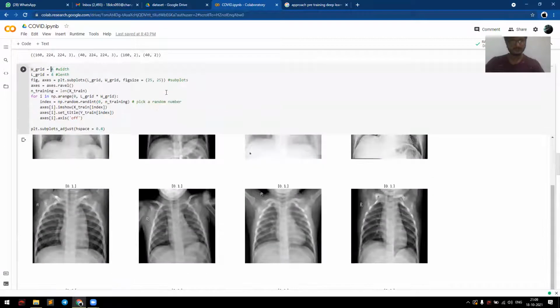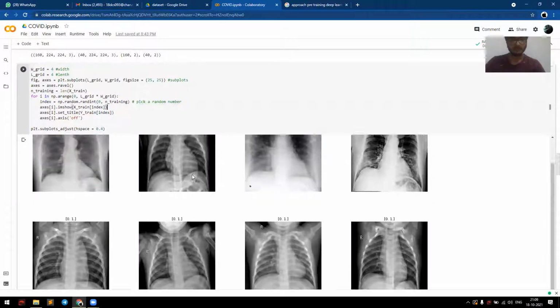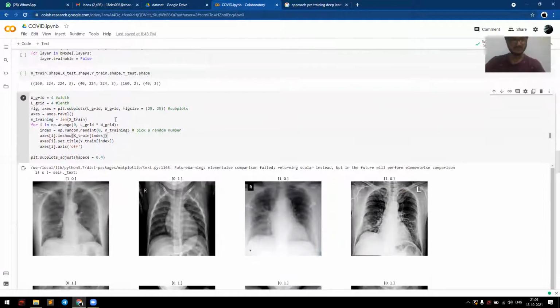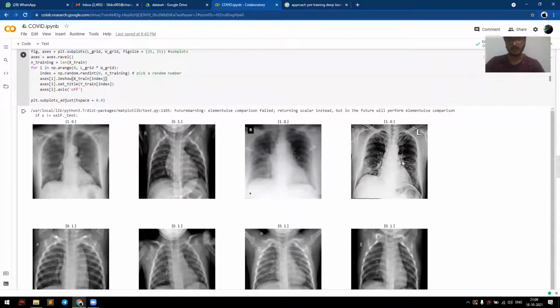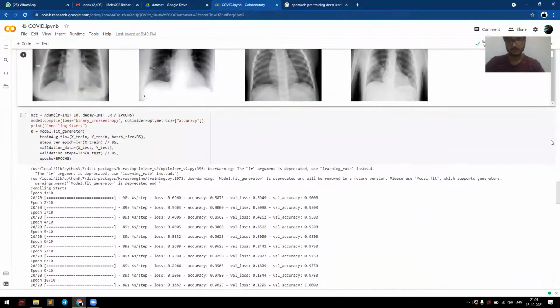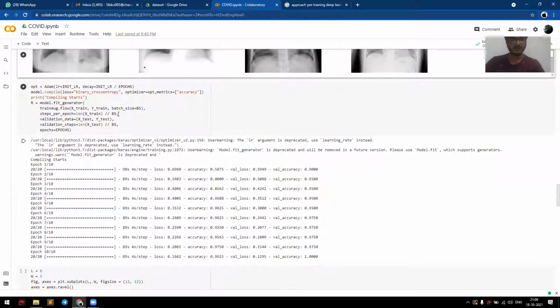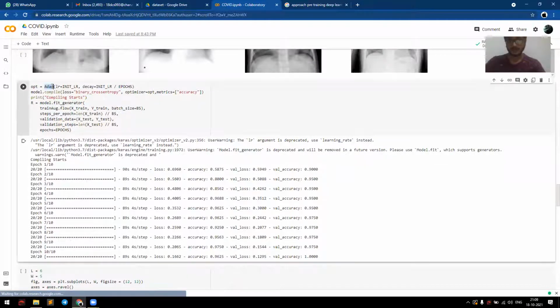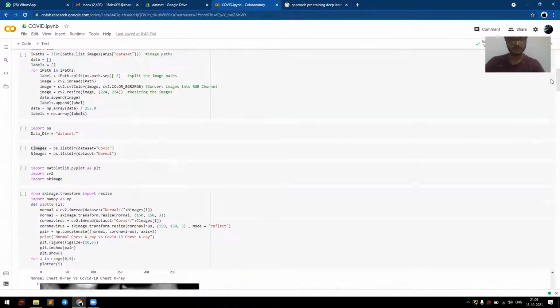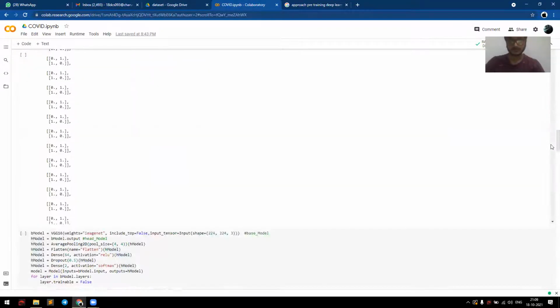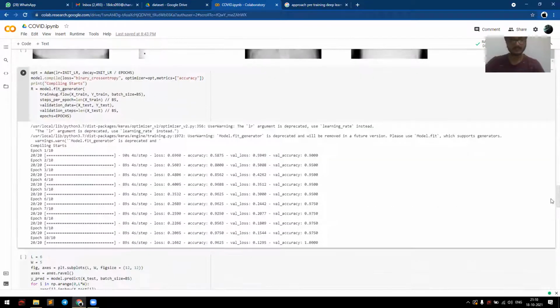So I basically pick a random number. So you can see that whenever I import, this is in 1 0 and 0 1 form. You can see this in the 1 0. You can say there's COVID and negative, like 1 0. We will see further, and finally we will train the model using epochs and the Adam optimizer, which we used here to optimize on our test data set.